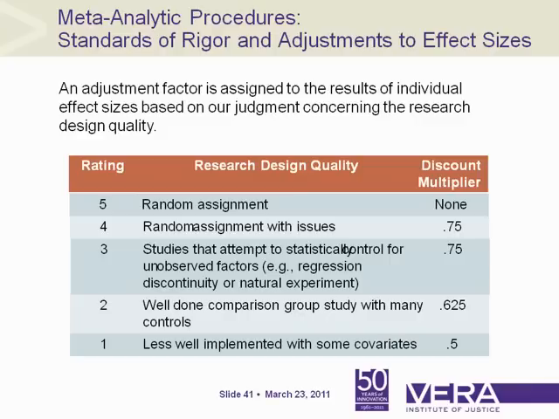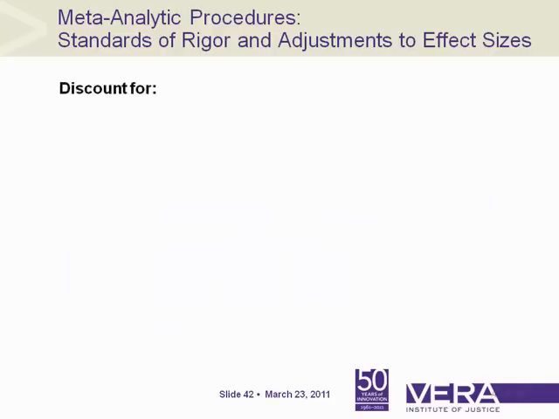So what we do is we just come up with these discounts and basically assign them. When we read studies, we grade them and assign the discounts accordingly. We also discount for a couple of other things too. For example, if a study is not a real-world evaluation, say it's done in a lab setting, which you see more in the psychology literature, where psychology students participate with a professor, we don't count those studies as being real-world evaluations.